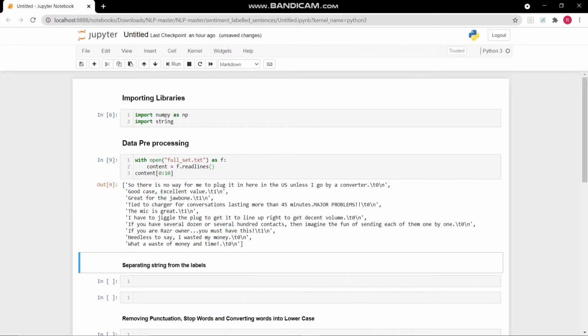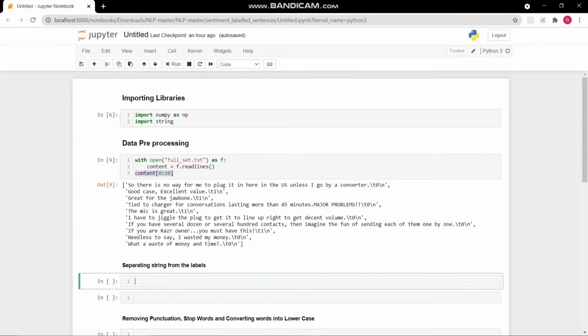So I have used the open function to open my txt file where all these reviews have been stored. The f.readlines function will return a list containing each line in the file, and the list is stored under the variable name content, and here we are printing the first 10 lines of the list content.